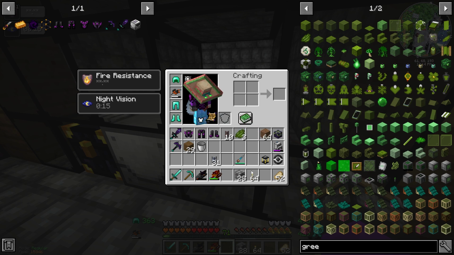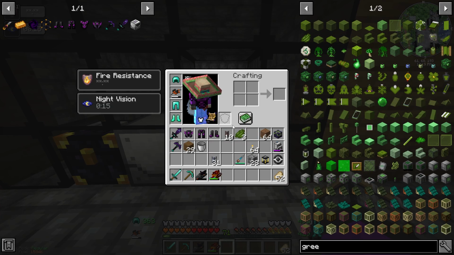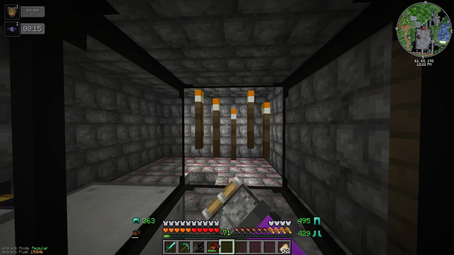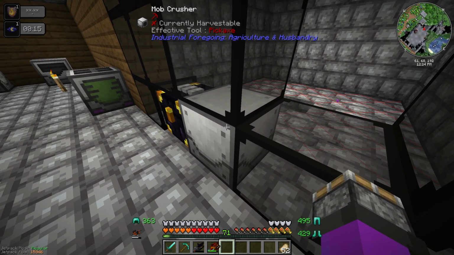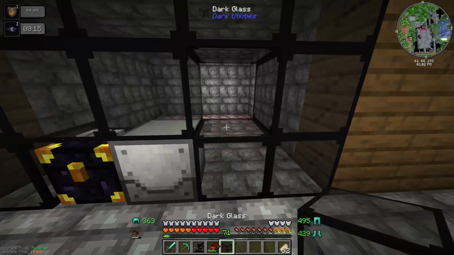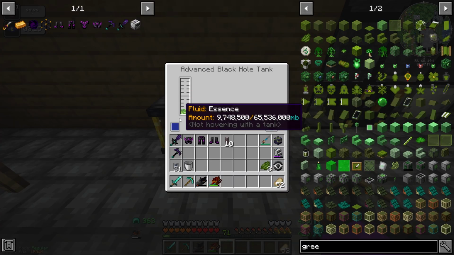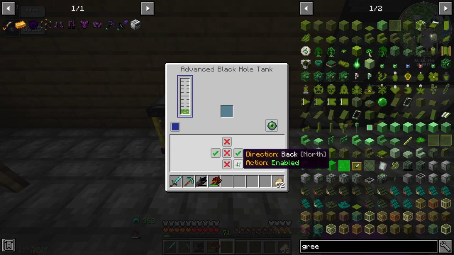Wait, where did my dark glass go? Did this thing actually pick it up? Hang on, does this crusher pick up items? No. Where the hell did one of my dark glass go? Weird. Anyway, so what I want to do is grab this, plug it here, check this guy, backside, this disabled,